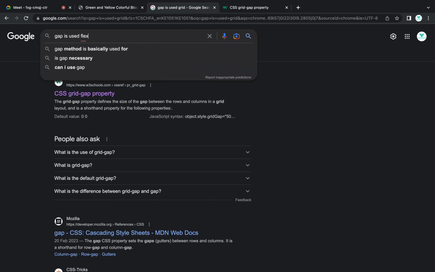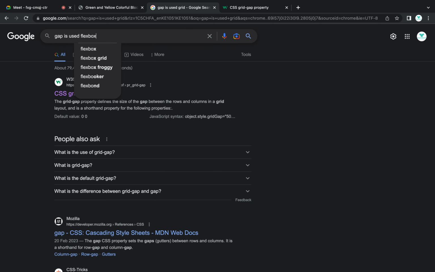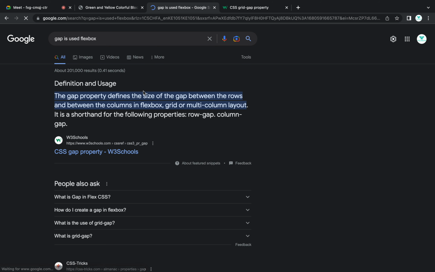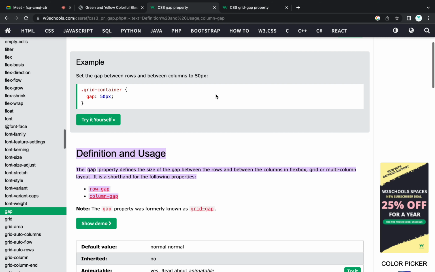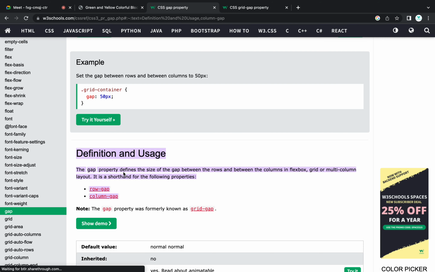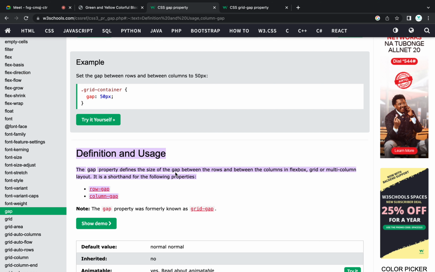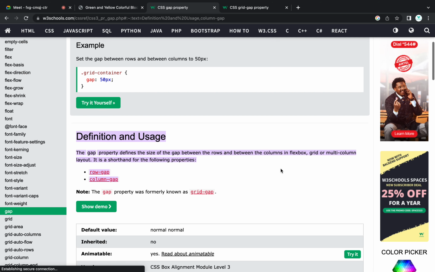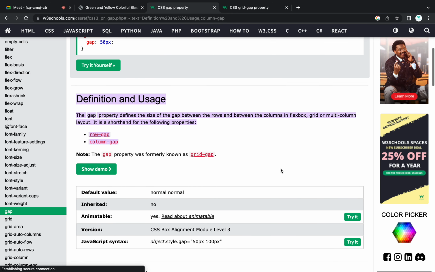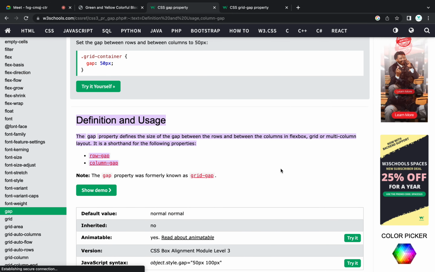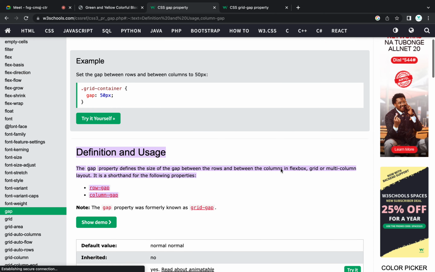So one of the things that people need to know is, when it comes to aligning these ideas, the cup property defines the size of the cup between the rows and between the columns of the flex. Oh, I didn't know. So let me see. I haven't learned about this. So row cup, a cup defines the size of the cup between the rows and the column. I have not used this. Probably I'll just try. So create container set